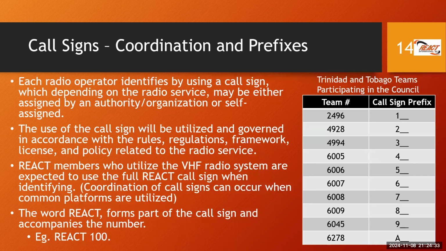You have to identify, and there's a period within which you have to repeat your identification, right? You cannot somehow come up anonymously and make a comment. So, call signs are usually assigned somewhere. For amateur radio operators, the authorities will assign it. In the case of REACT, the REACT teams will assign call signs. When we use the call signs, they're usually in accordance with some regulation or some framework or policy, right? In the case of REACT, it will be on the right-hand side, you'll see what is agreed to. We'll come back to that in a bit.